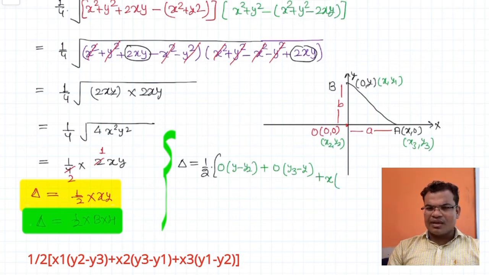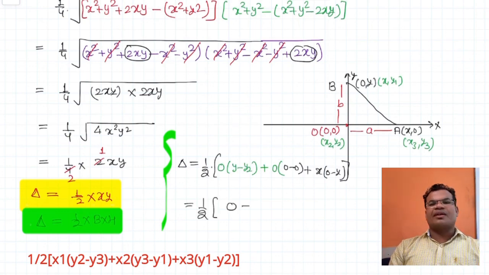x1 is 0. Fine. y2 is 0. Okay. y2 is y only. You can write here y plus 0. x2 is 0 and y3 minus y1. y3 is 0 minus y1 is 0 and last x3 is x and y1 minus y2 is 0 minus y. Okay, fine. So 1 by 2 0 plus 0 because 0 into 0 is 0 plus x into 0 minus